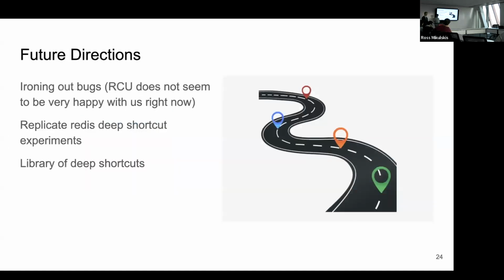A couple of future directions for this project. One, ironing out some bugs. When we were running our Redis benchmark, we saw some kernel splats complaining about the RCU. We didn't see any change in behavior, so it could just be that the kernel's getting nervous that we're messing with things we're not supposed to mess with. But we'd like to resolve that before we say definitively this is